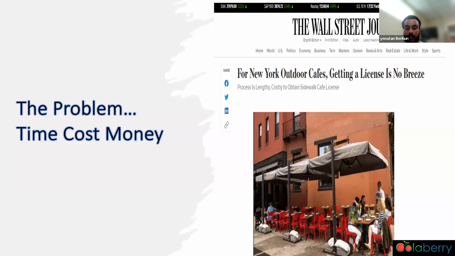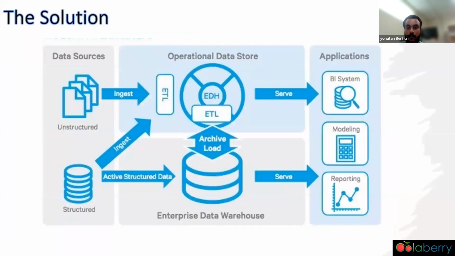And that way, the public will be able to still use the sidewalks and they'll be able to serve the public with their goods and services. So what we came up with is an ETL solution, to be able to take the data from these applications that businesses are submitting, taking that application and putting it through an ETL process,